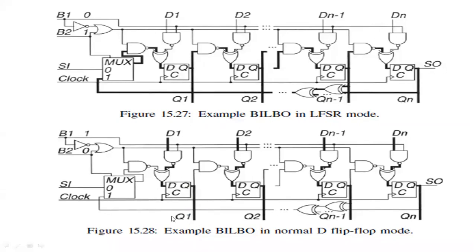It updates the data content of Q1, Q2, Q3, and so on. But in the LFSR, it performs a shift operation. You can see here a black notation representing a shift operation for each and every flip-flop. There is a clock signal. From the clock signal, it is going to read the respective output of each of Q1, Q2, and so on within those flip-flop outputs.